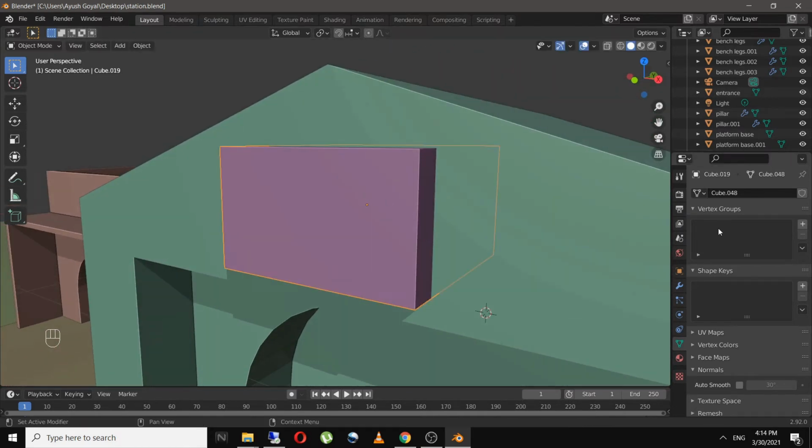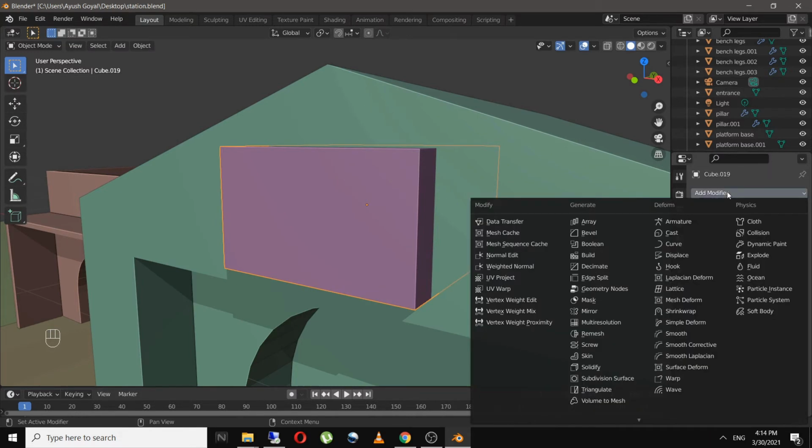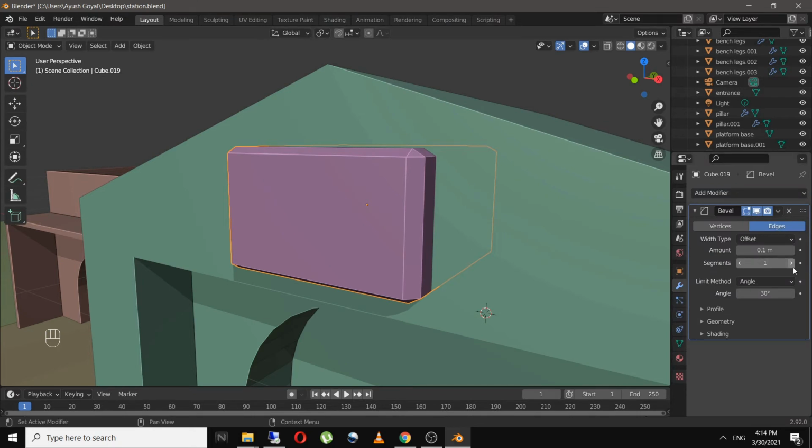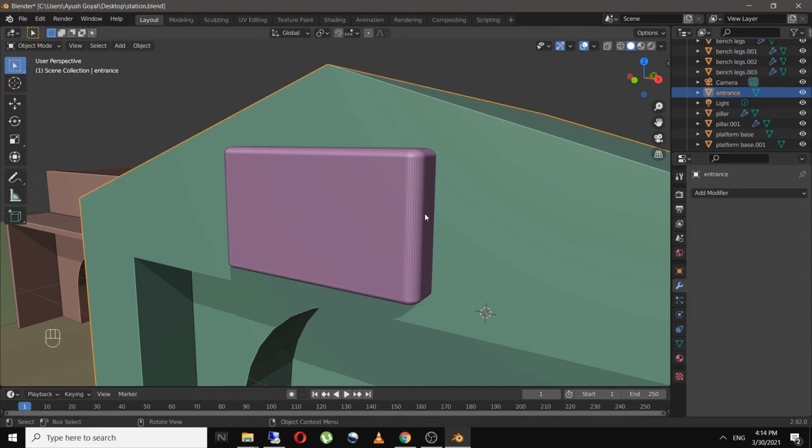and I'm going to add a bevel modifier to it. Somewhere like this.